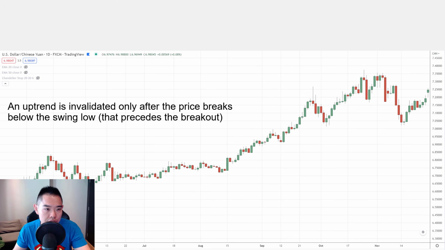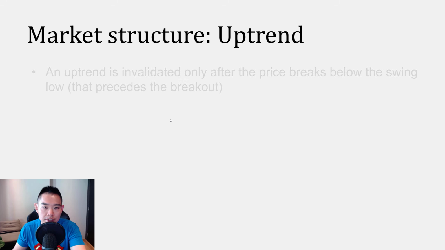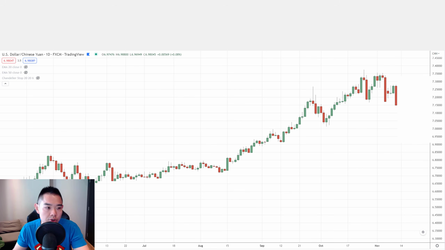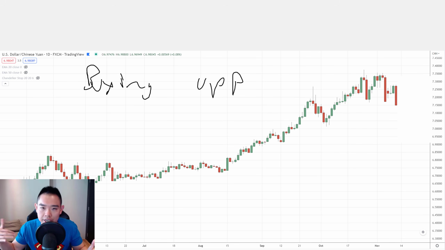So for example, if you see a chart, let's say we go back to the earlier chart, like I think this one over here. In this case, when you see that the market is in an uptrend, we only want to look for buying opportunities. Why only buying opportunities? I mean, you can look for selling opportunities if you want to, but if you're a new trader just getting started, I recommend only looking for long setups, basically buying opportunities, because that is the path